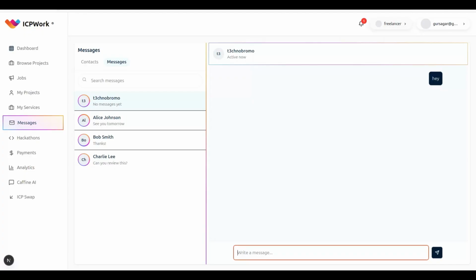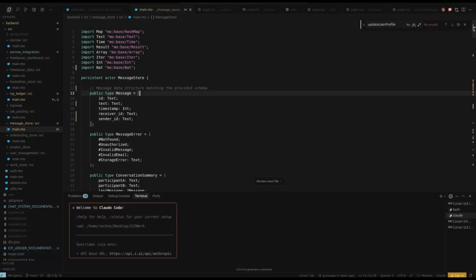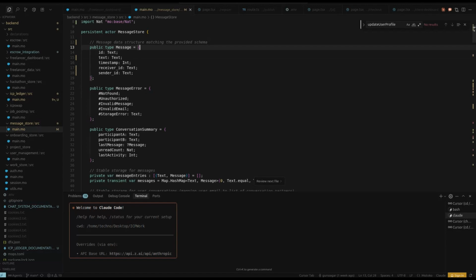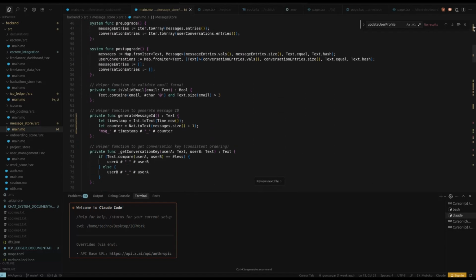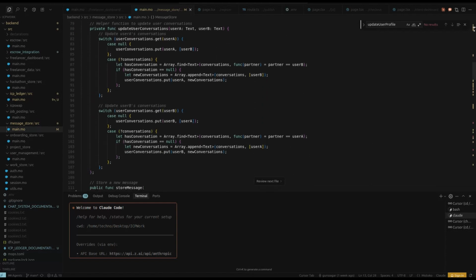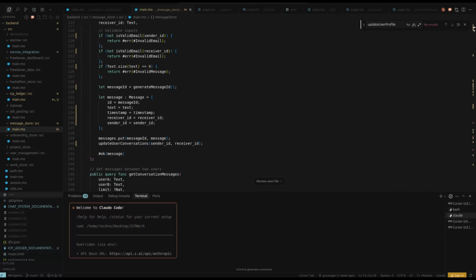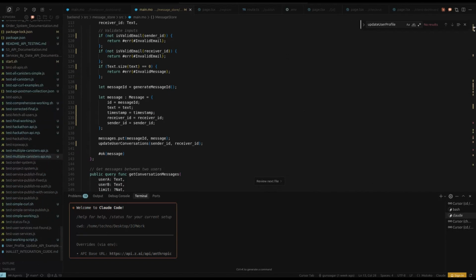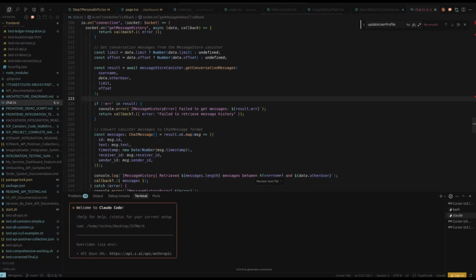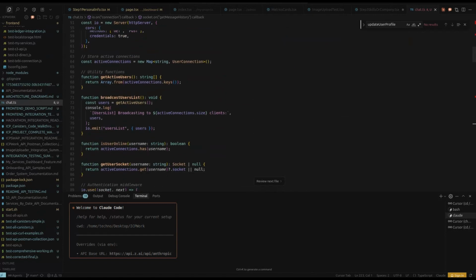And then we go on to the chat section. The chat section uses a Socket.IO or WebSocket based backend, and whenever a person types something, it stores it into a canister. For example, here's a canister that stores the ID, text, timestamp, receiver's ID and sender ID. The receiver ID and sender ID can be the username or the email that is unique in every person's credential, and we can transfer the data through WebSockets whenever you're chatting. The WebSocket will be used to concurrently send and receive messages through the chat,